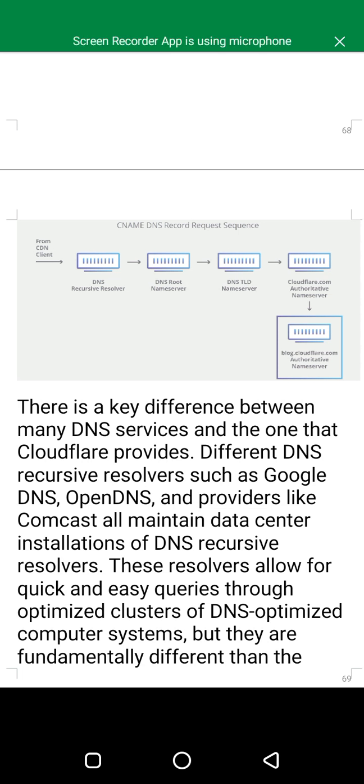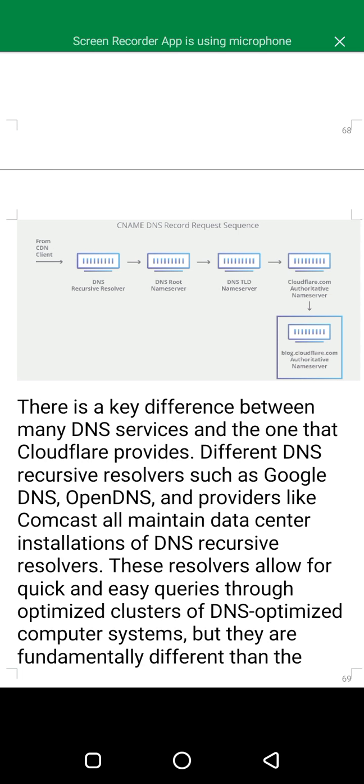There is a key difference between many DNS services and the one that Cloudflare provides. Different DNS recursive resolvers such as Google DNS, OpenDNS, and providers like Comcast all maintain data center installations of DNS recursive resolvers.